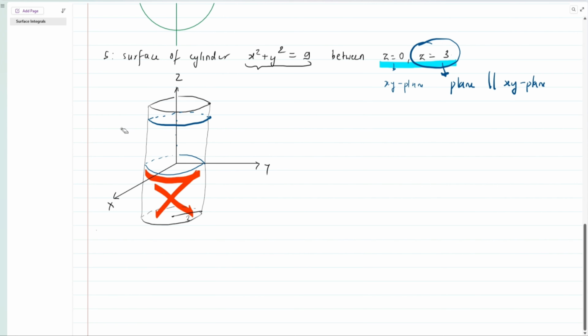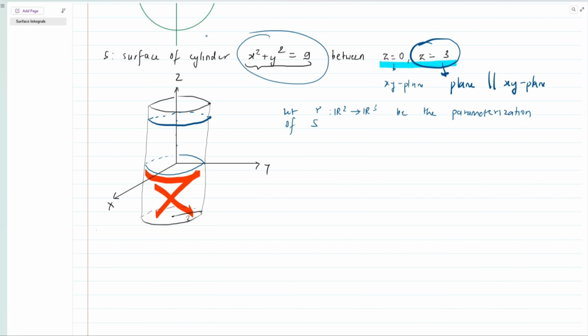So we don't have an indefinite cylinder. We have a cylinder which is finite. The radius of the cylinder is 3. And the cylinder height is also 3 units, since it's from z equal to 0 up to z equal to 3. Now again, let's talk about the parameterization of this part. So to parameterize this, we will say that let gamma from R2 to R3 be the parameterization of S. So for this case, since we do not have z being directly involved in the surface equations, which is given by this,